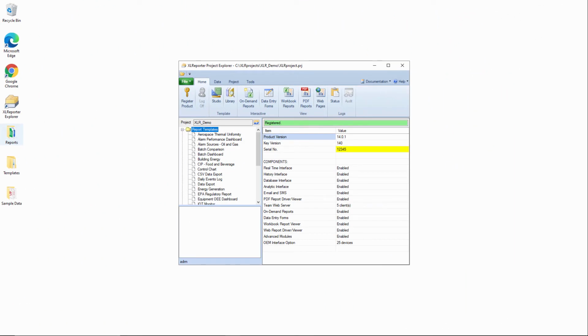Okay, so I've got XLReporter's Project Explorer loaded here, and the Project Explorer is the first window that you'll see upon installing the software and represents a hub of all the different tools that you'll use to design and deploy your reporting project. Now you'll also notice that it's loaded to an XLR demo project, which is a sales project